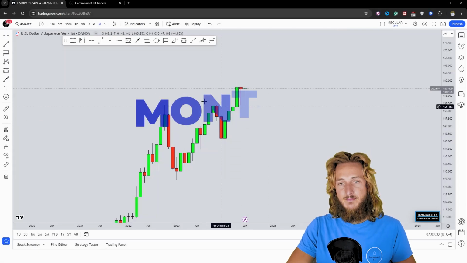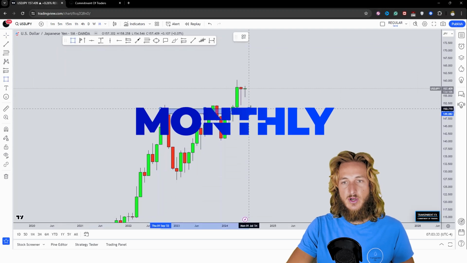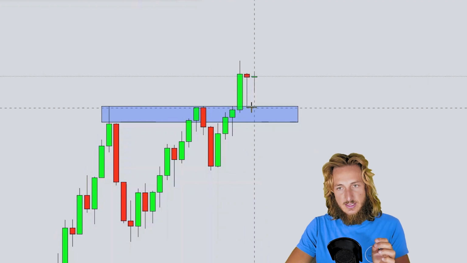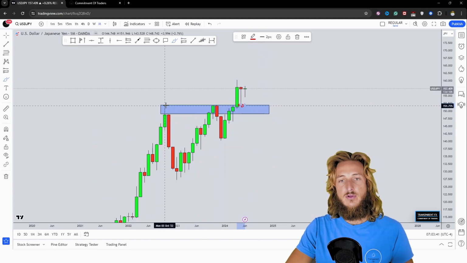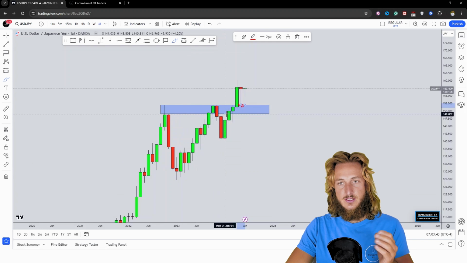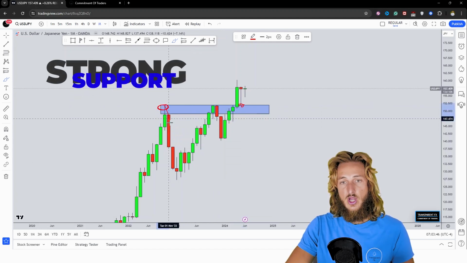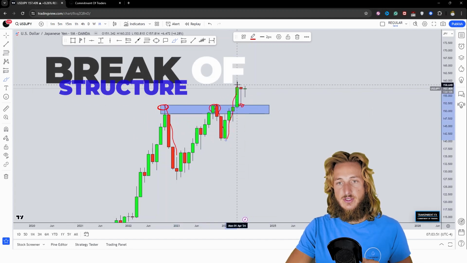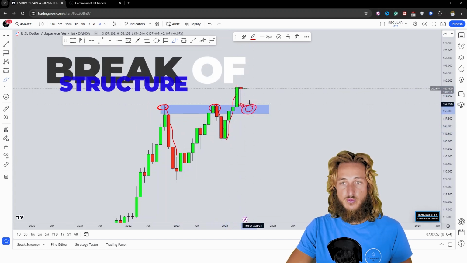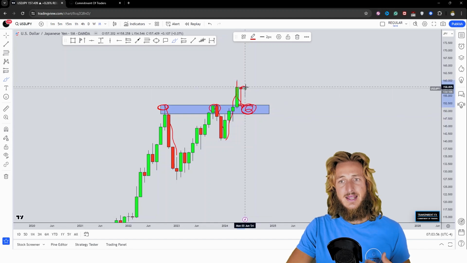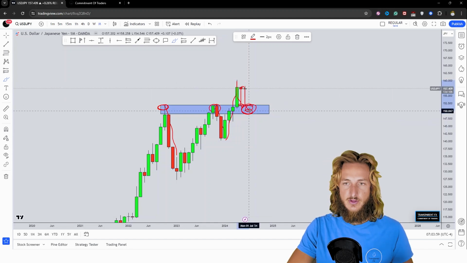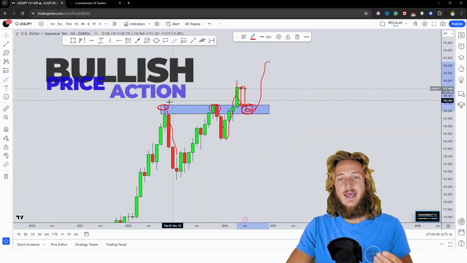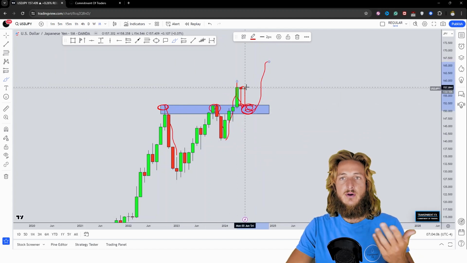Now, starting here from the monthly time frame, what we can see is that we have a market which at the moment is about to test and has already tested quite precisely exactly here this quite strong level of previous historical resistance, which is now turned support. In fact, from here, all these previous rejections to the downside have been created. Then the market broke above that zone and all that previous resistance was turned support here. And the market has already tested it and has the possibility of going for another test of this zone before then rejecting this level to the upside and respecting it as previous resistance, which now, after the break to the